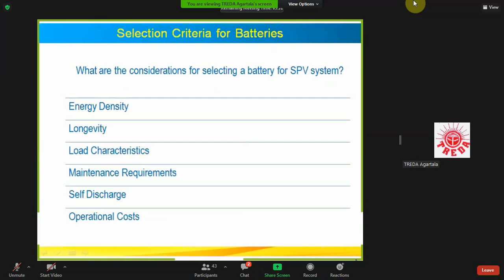Criteria, we have to observe the selection criteria of the SPV system, as according to the